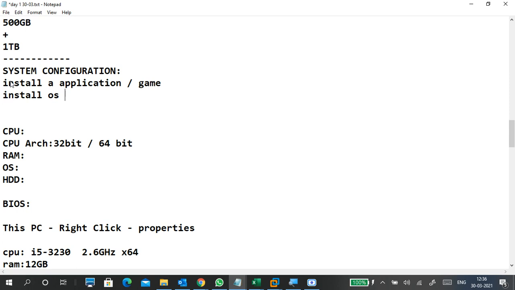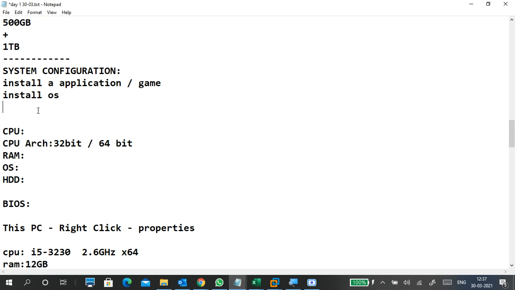For example, I want to install an application and it is not running, it becomes very slow. For example, I want to tell like a SolidWorks. Last time I installed SolidWorks for my brother, because he's a mechanical guy. The system became very slow, even though he has almost the same as me, 4 plus 8. The system becomes slow, but it is working good. Why? Because he's having an i7 processor.